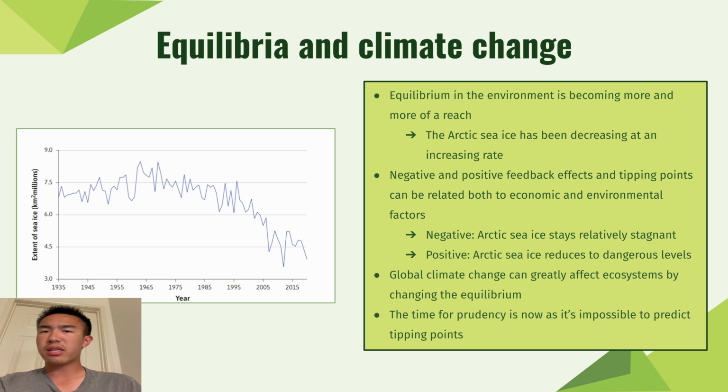Because of that, bringing attention to tipping points of systems has become a hot topic for environmental scientists, and for good reason. So what does climate change have to do with equilibrium or tipping points? Because of warming climate, for Arctic sea ice, the climate starting at a higher temperature brings the good and bad equilibriums closer together, effectively making the tipping point easier to break. One small shock could bring the system into a danger zone. With all that in mind, it's important that people make more effort to solve this global warming issue, as the number of factors affecting the tipping point of systems is impossible to fully predict.